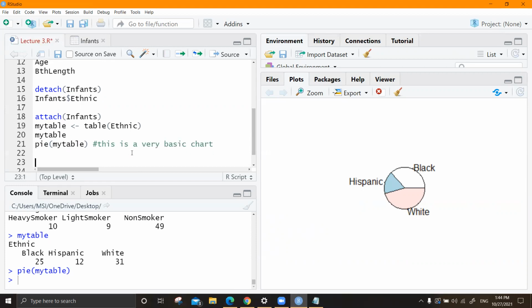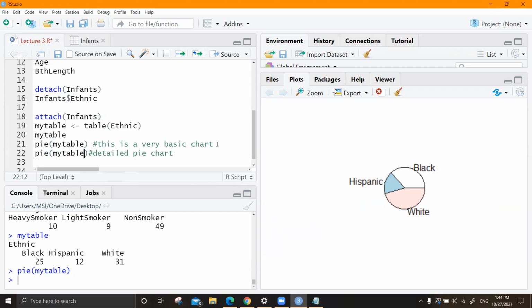I want to have a detailed pie chart. It's very good to have in our reports. So you give the same thing, right? And you have to give some arguments.